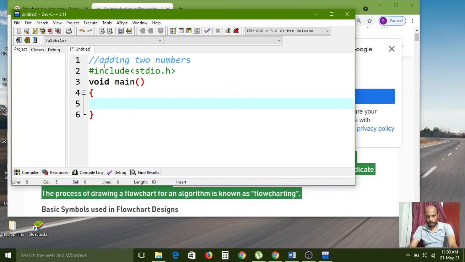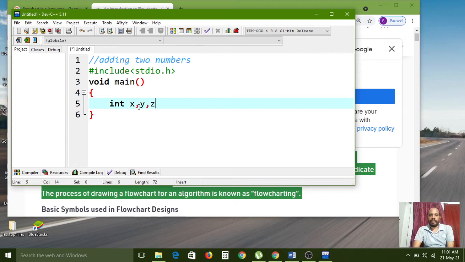Understand? Okay. Next, my requirement is adding two numbers. For that, two variables are required to hold them. int is the data type, and x, y, z, three variables I have declared. In x, the first value can be held.